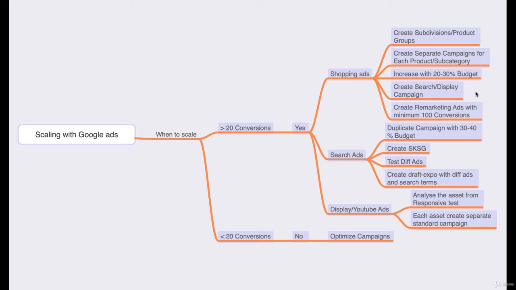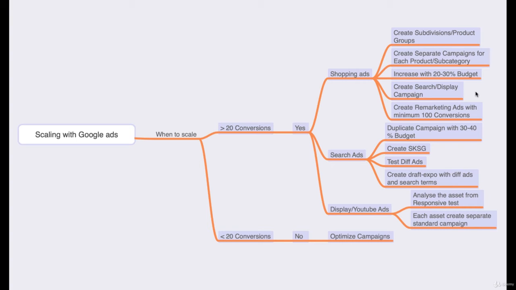That is because from the shopping campaign, you have already got your converting search terms, like from which keyword, from which search term your audience is getting conversions, like your product is getting converted. So you can create a separate search campaign for that, and you can go with that for a display campaign as well.